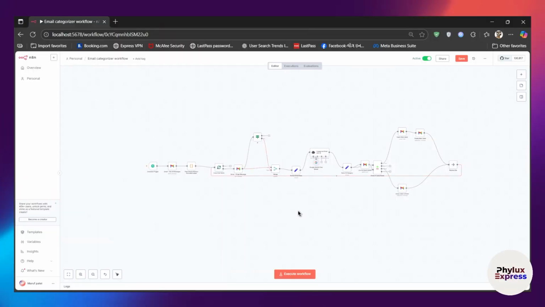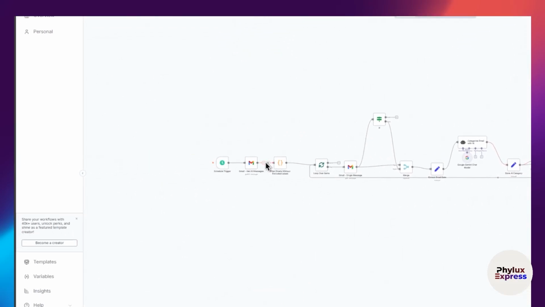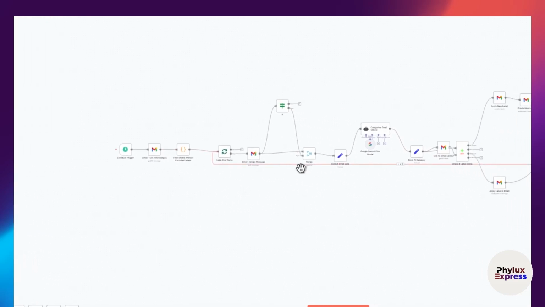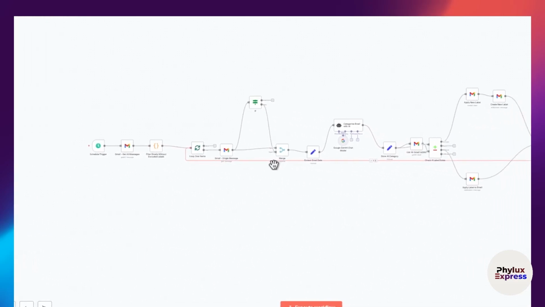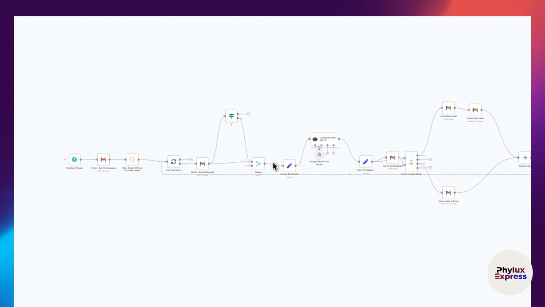Before we start the video, I have created this whole workflow using ChatGPT. As you can see here, this is an email categorizer workflow, which categorizes my emails based on the intention. So in this video, we are going to create two automations. The first will be very simple and the second workflow will be a little harder. So let's get started, and I will show you how you can set up your ChatGPT to create